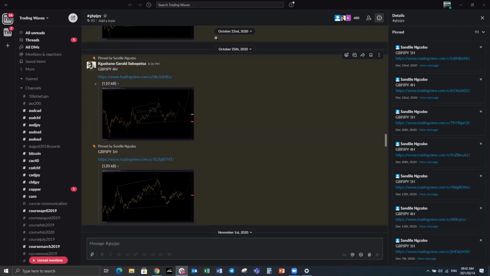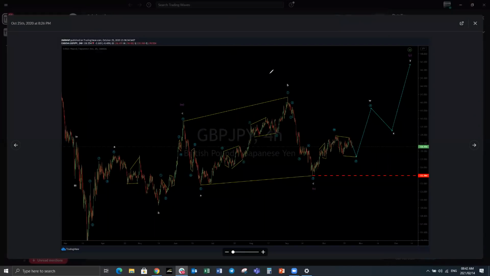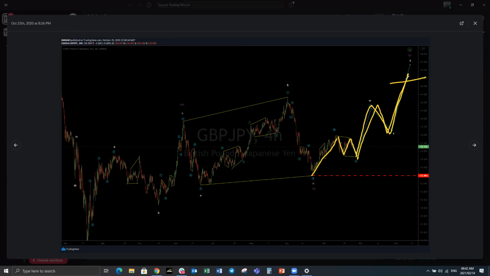This is now October. What were we looking for in October? In October on pound yen, we've already completed this move. We were looking for this to do a move. It had already done this move up here. We were around here, so we looked for this to make a move down around 120 and make this three-wave structure. We are currently around 145, and this structure is already in play, as you'll see when we go along.